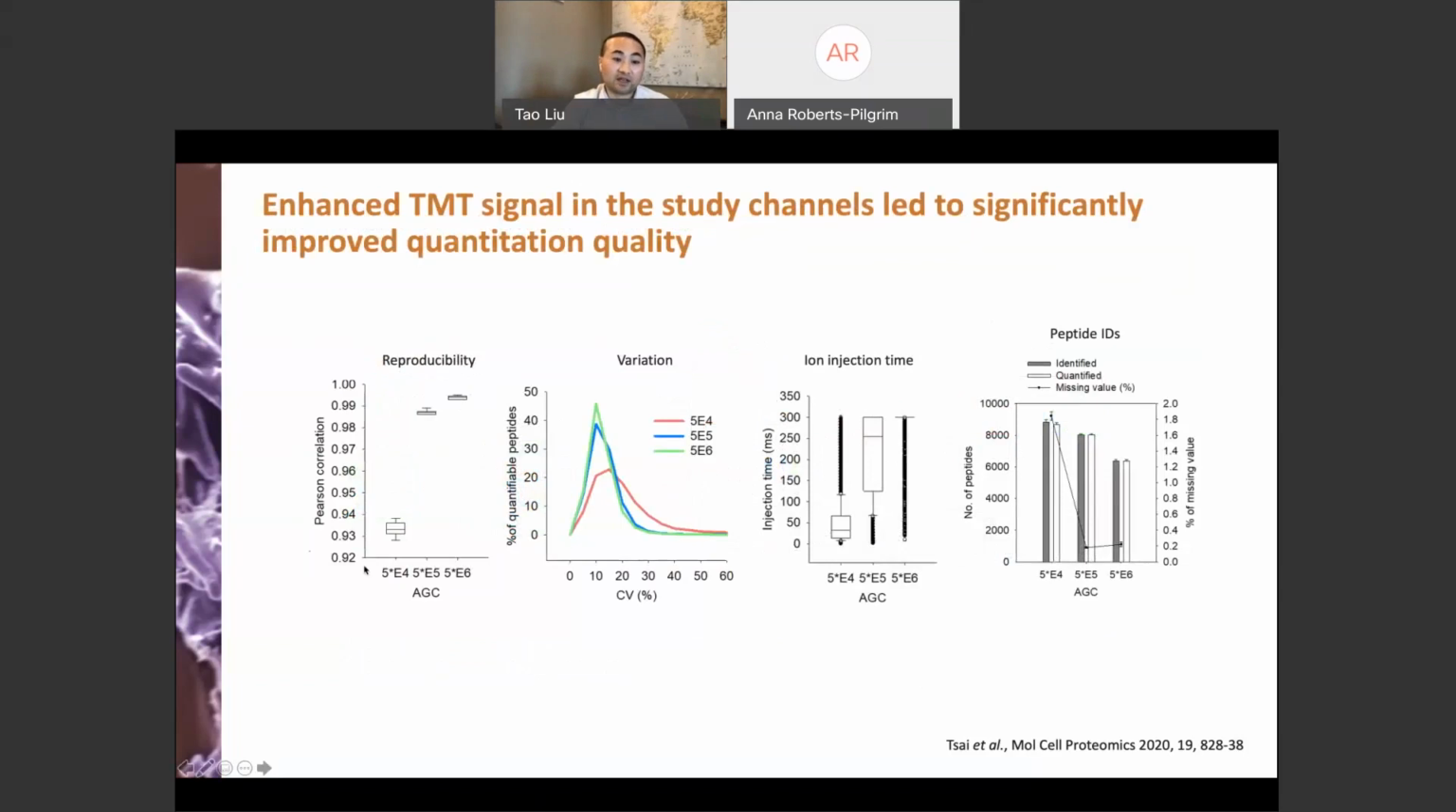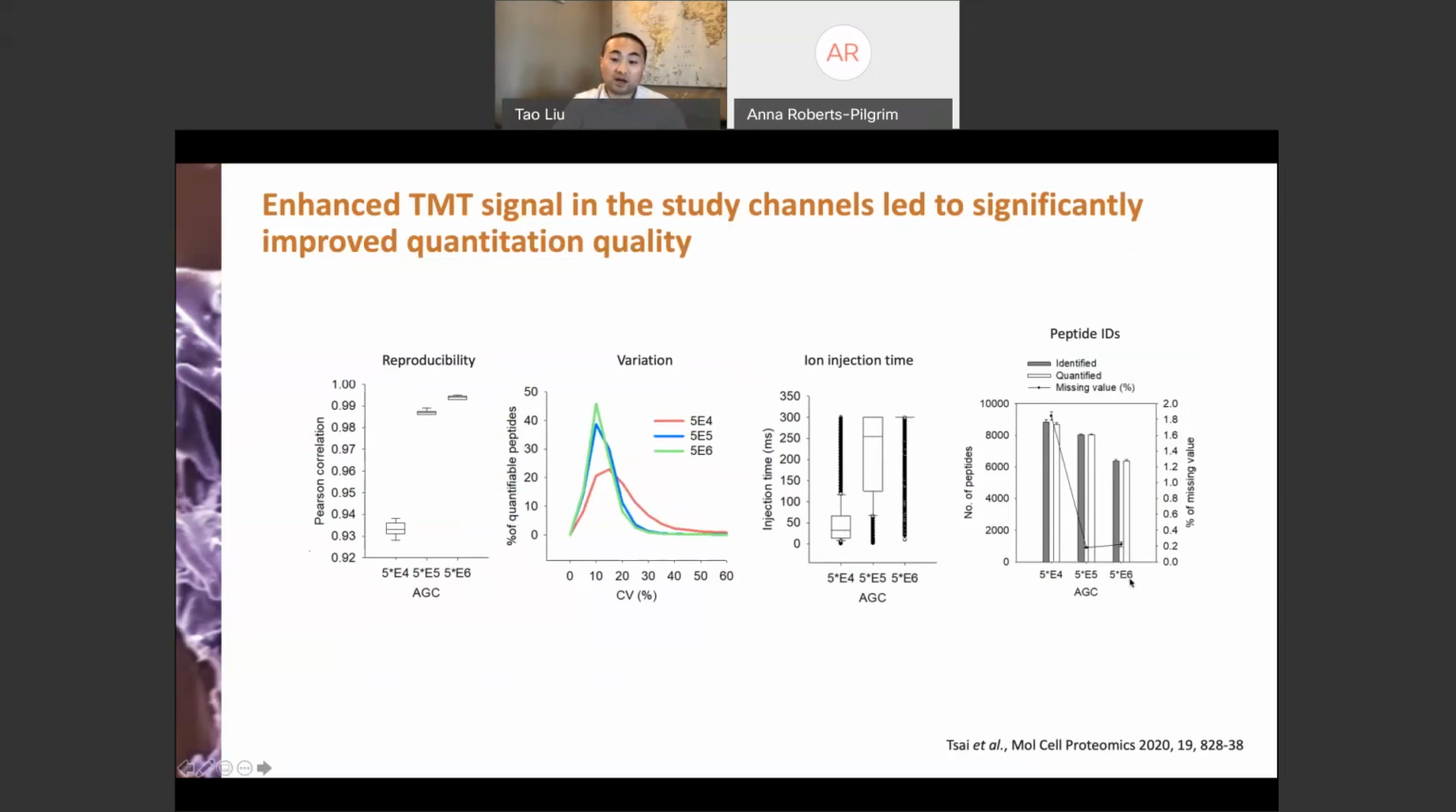And the effect is pretty obvious. You can see as we increase the AGC from 5E4 to 5E6, the reproducibility improves and the variation is reduced. Also, the ion ingestion time, as an indication of how much time you actually spend accumulating a certain peptide species, increases from a very low level to a higher level once you increase the AGC settings. But one of the drawbacks is obviously that as you spend more time accumulating more ions,